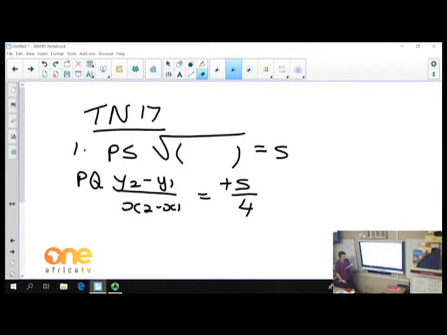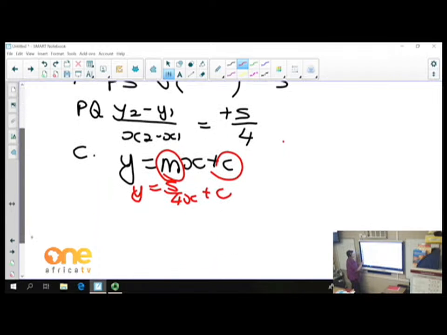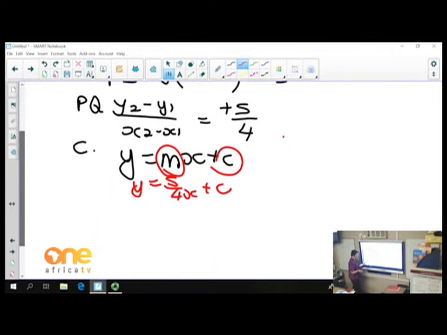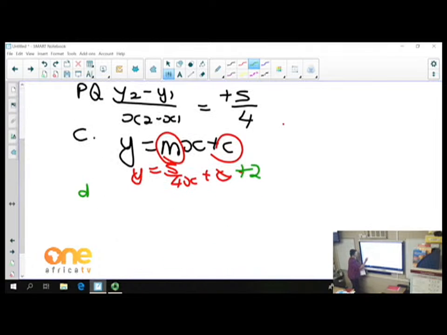Then at C, they say find the equation of PQ. So what do you want? y is equal to mx plus c. I already have the gradient, so I just need to find c. So y is equal to 5 over 4x plus c. And which coordinates will we substitute now? Either P or Q. And then you got 2, isn't it? So this one's answer is then plus 2. Okay, now the moment when we get to D,